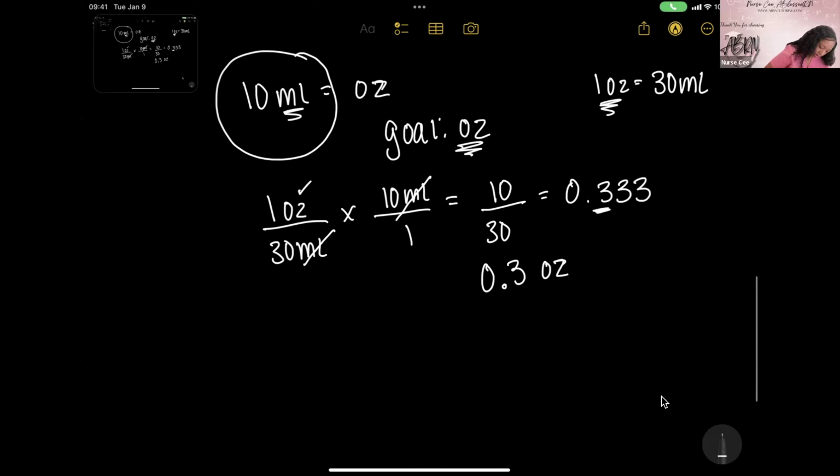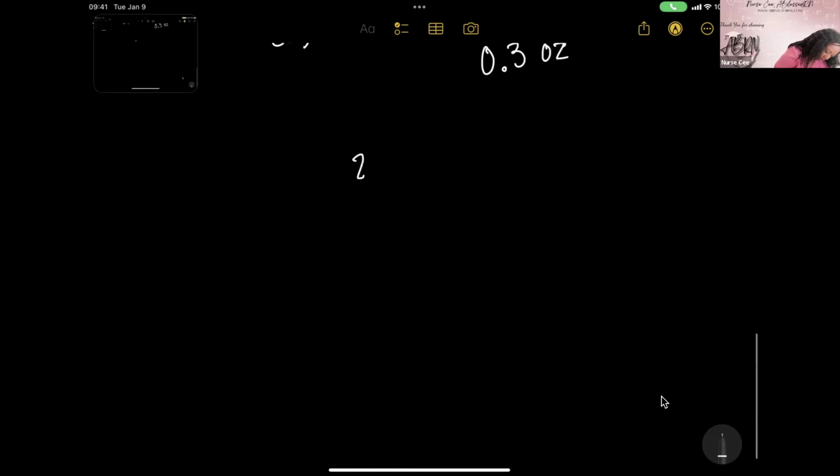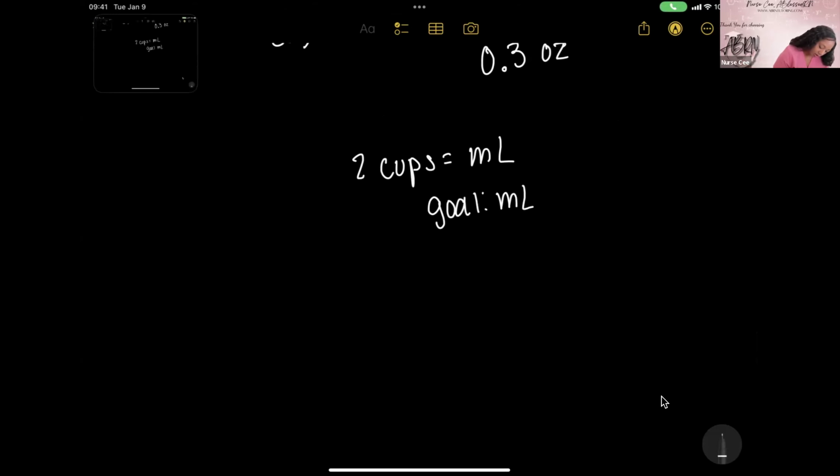So we had another question. It was 2 cups equals how many mLs, okay? So what is our goal? Our goal is milliliter, all right? So if we have our puzzle pieces, what will they be? I know that 1 cup equals 8 ounces. I don't have milliliters yet, so I know that 1 ounce is going to be